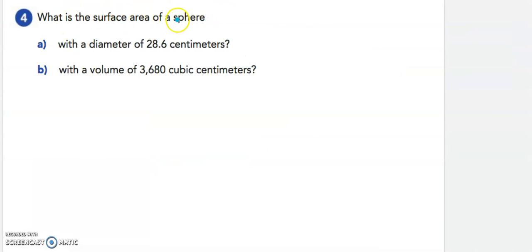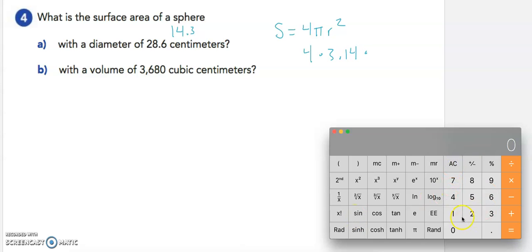Moving on to number 4. What's the surface area of a sphere with a diameter of 28.6? Again, surface area for a sphere is 4 pi r squared. The problem is we have the diameter here. Well, it's not really a problem, but the formula calls for radius, so we just have to cut this in half. 28.6 divided by 2 is 14.3. Now we can do 4 times 3.14 times the radius squared. So let's do 14.3